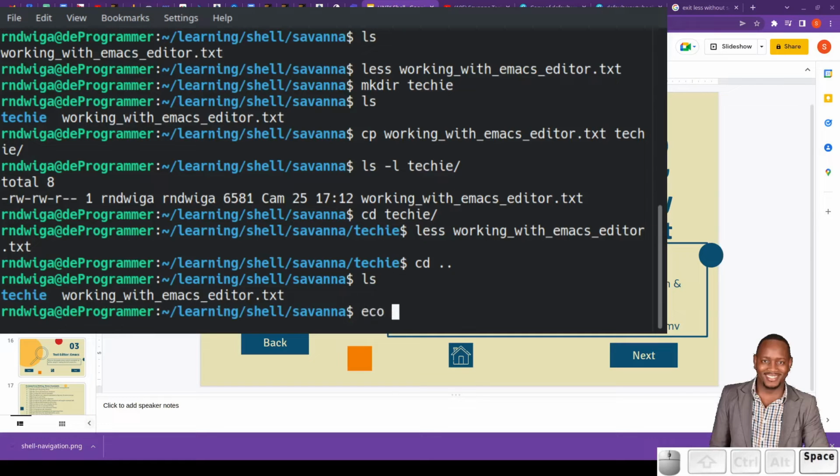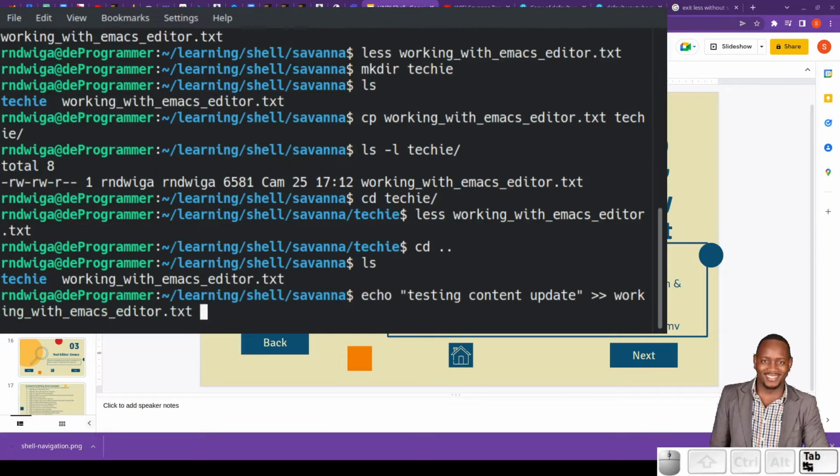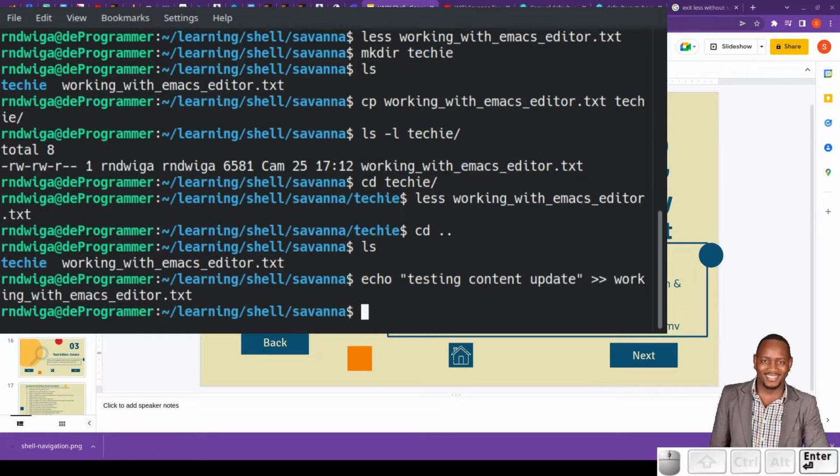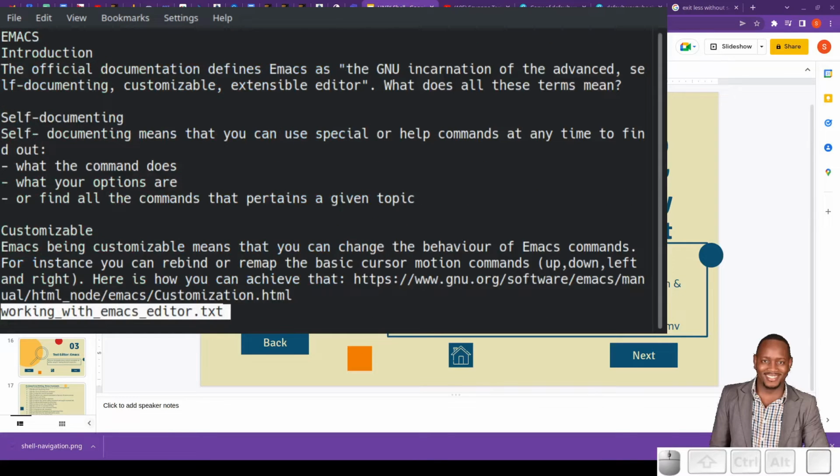I'll say echo, and then testing content update, and then use the command working with Emacs. We are updating the content in this particular file. So hit enter, and now if you do less working with Emacs,